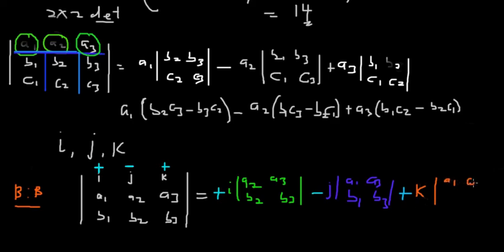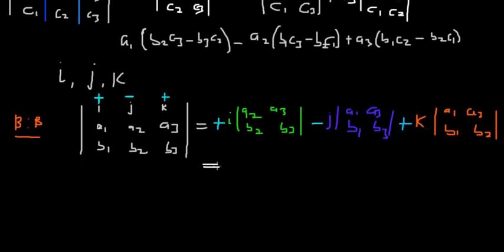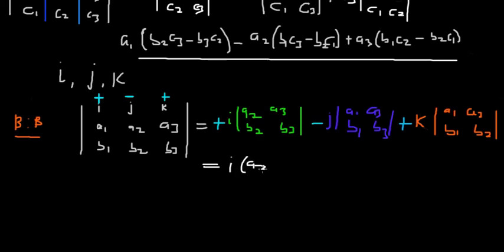So we have A1, A2, B1, B2, okay? Now let's further simplify this. We have I, and then multiplying across, just like the initial example, we have A2 B3 minus A3 B2, okay, minus J, which is A1 B3 minus